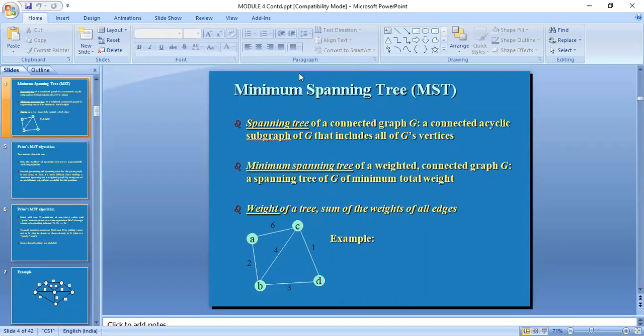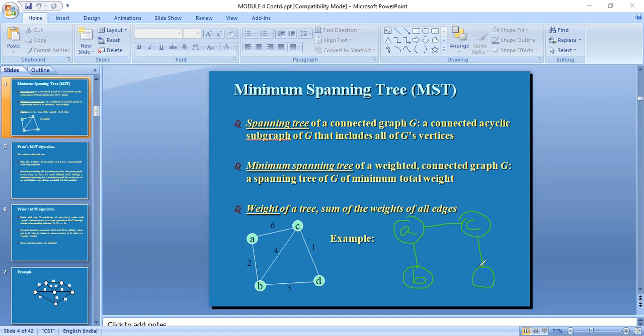Here you have the vertex A, so you will be taking A, and then we will be moving on to C. Then you will be going to another vertex, which is B, and you will be taking D also.